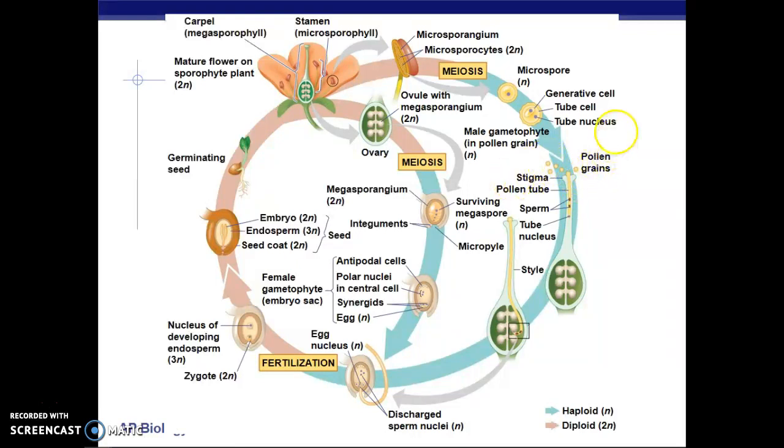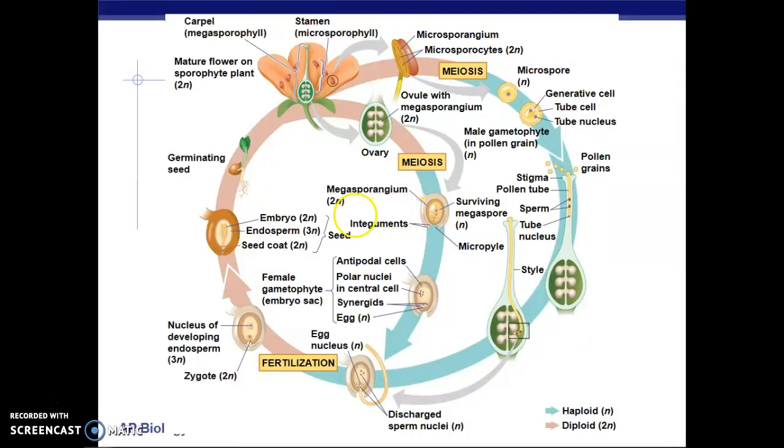So when the pollen grains land on the stigma of the carpel, they stick to the stigma, and the pollen tube starts growing through the style and reaches the ovules in the ovary. The ovule is known as the megasporangium, and the ovule has 2 integuments and an opening known as the micropyle. The opening is the place where the tube